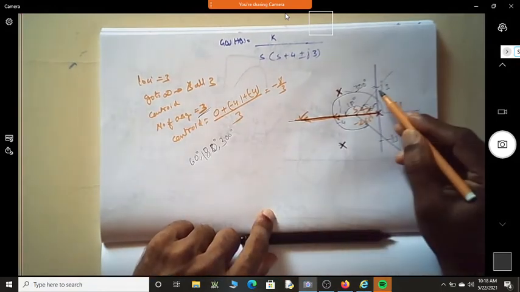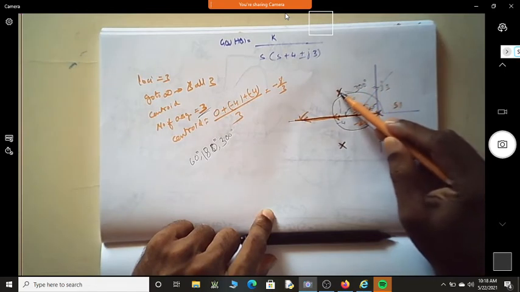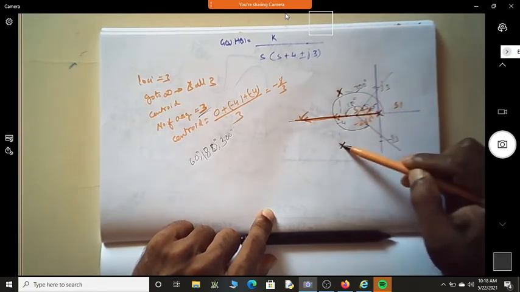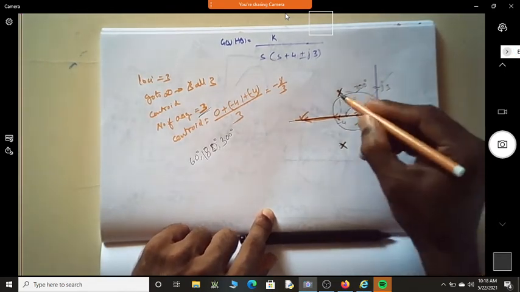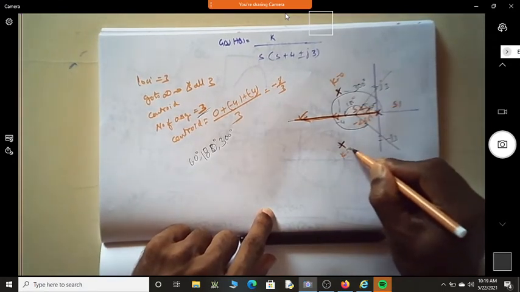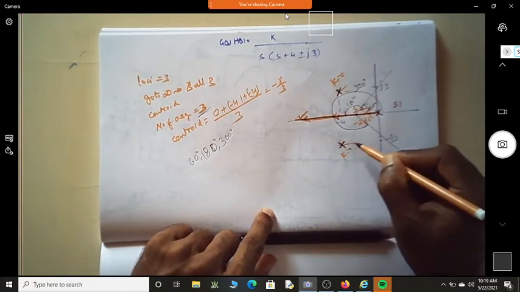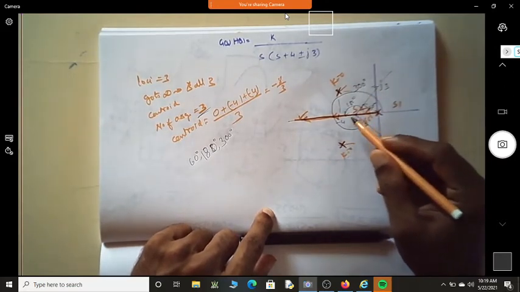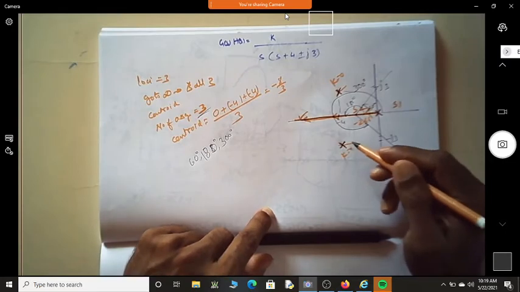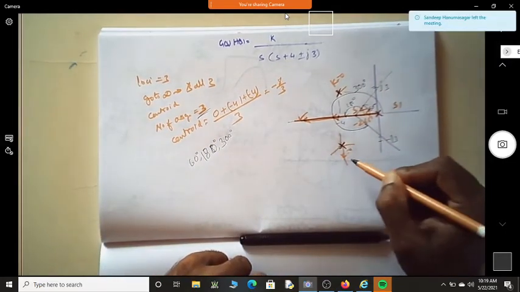Next, these two asymptotes will guide the roots which are leaving from this, because this is the pole position when k equal to 0. When k is non-zero, it has to come out. Now I said it has to come out. So at what angle does it come out? Will it come like this? Will it come like this? I don't know.